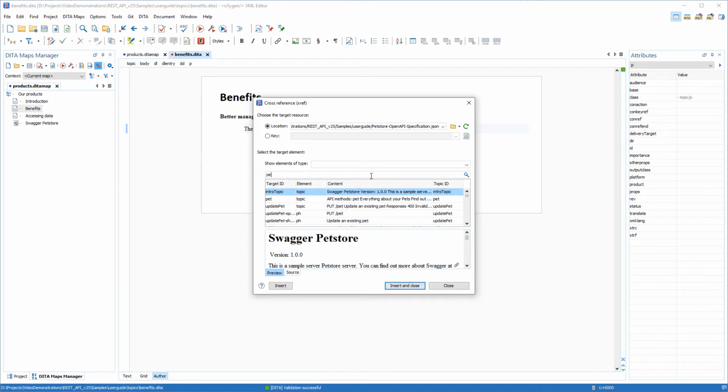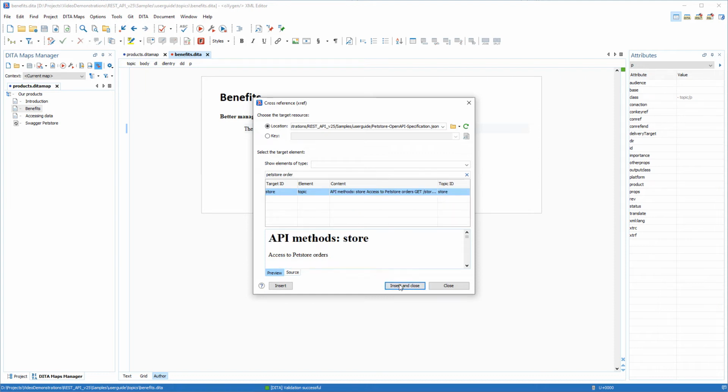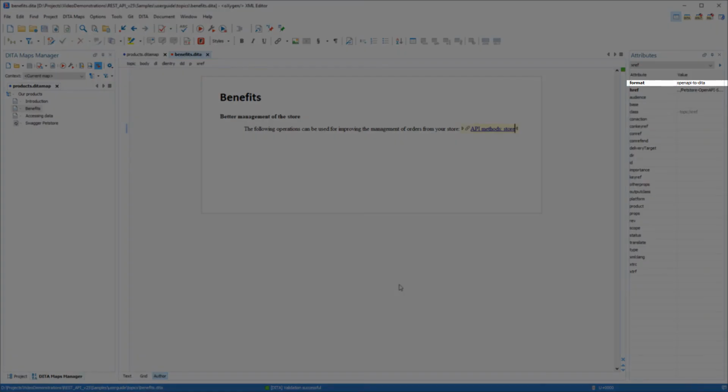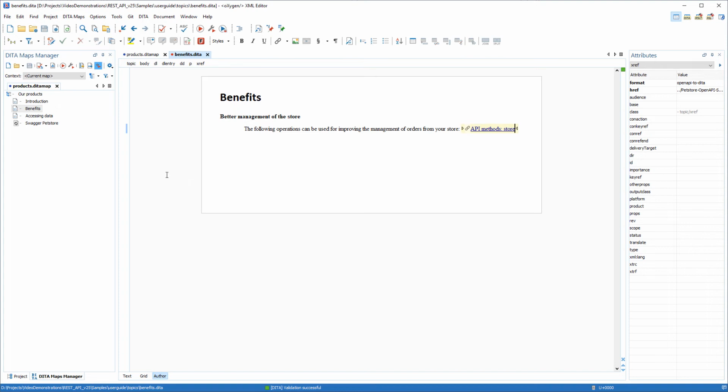I'll use the filter field to quickly locate the target element I want to reference, and I'll click Insert and Close. Notice that the cross-reference was inserted in the document, and in the Attributes view, notice that the format was automatically set as OpenAPI to DITA.